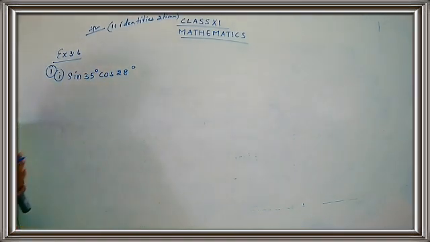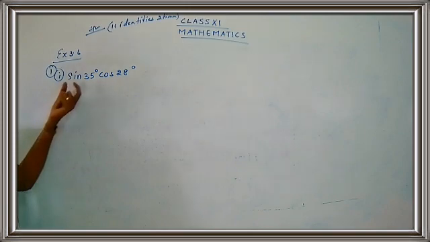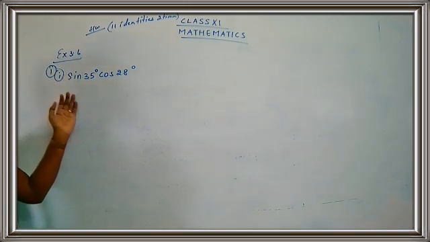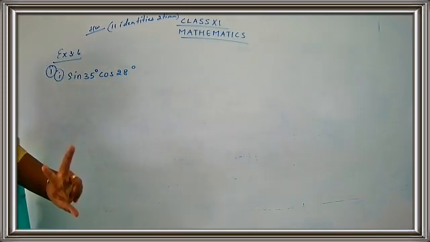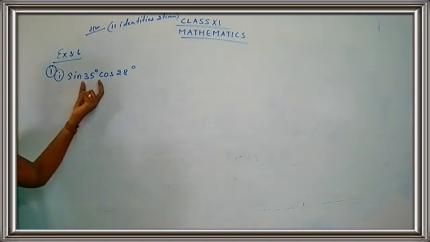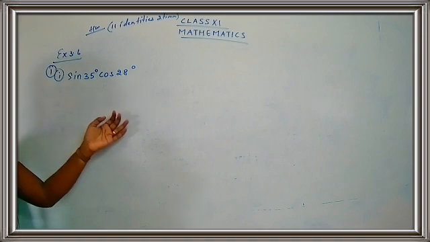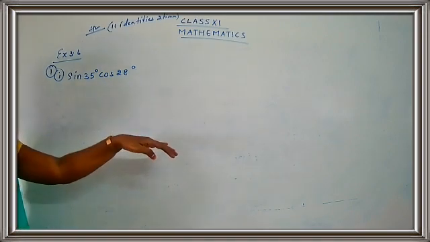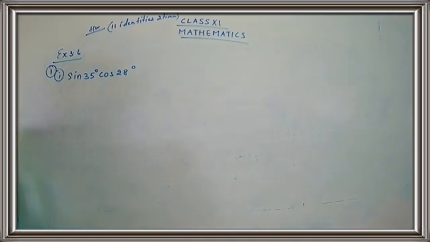Okay, so this is the question, and the question is to express each of the following as a sum or difference. So this is in the form of a product, so we are going to write down product to sum. We have written two identities, students: one is sum to product and one is product to sum. The product form is given and we are going to write it in the form of a sum. So first of all, let's write down the formula. After writing the formula, we'll just substitute the values. At the moment, you can just refer to the formulas that you have taken down.